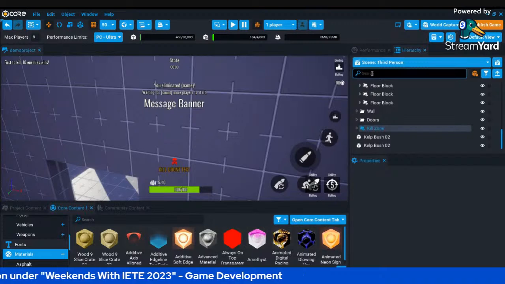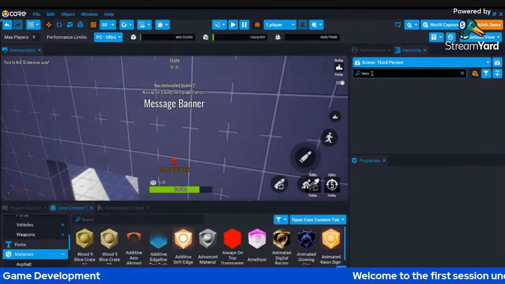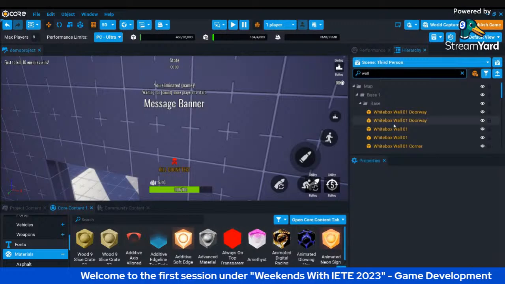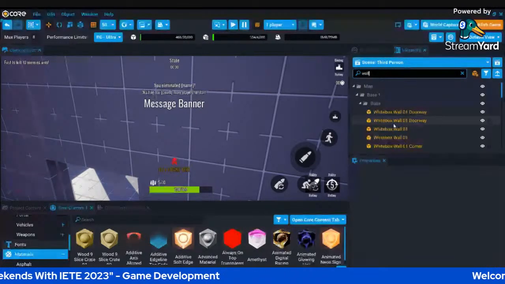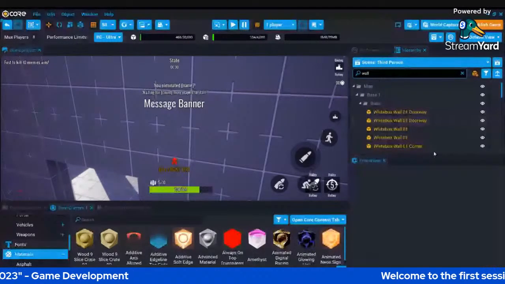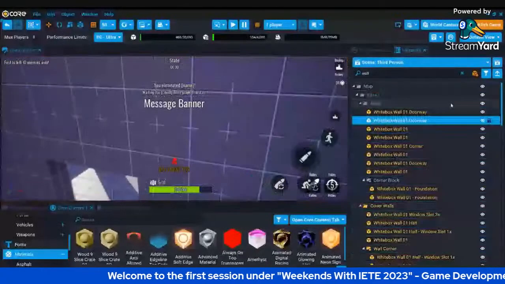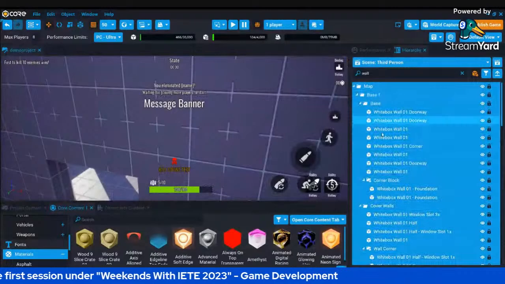Now the simple trick is that I'll give you some projects. Just write wall on the hierarchy search menu bar. Okay. In the search bar of hierarchy, you simply write wall and just select all the walls by selecting an option and just click Control A. So all the walls will be selected.